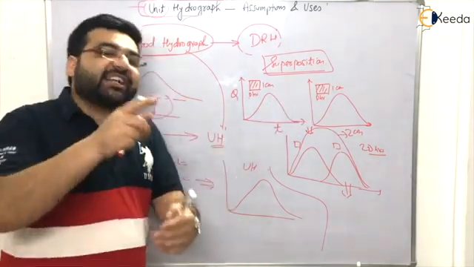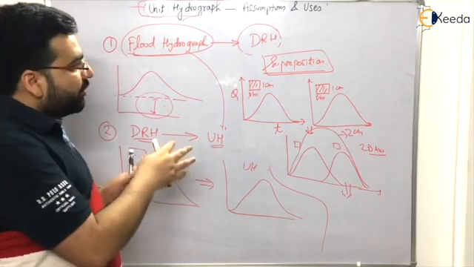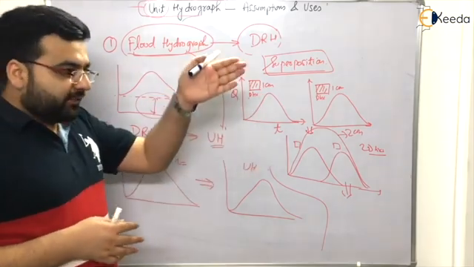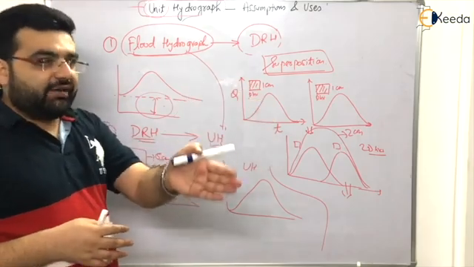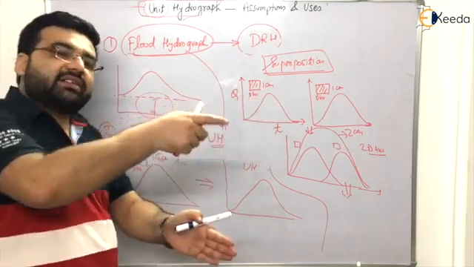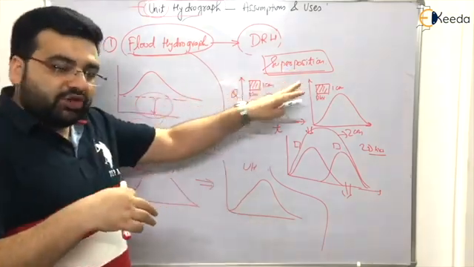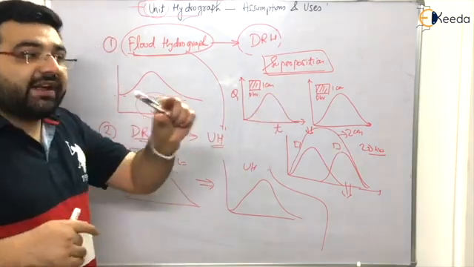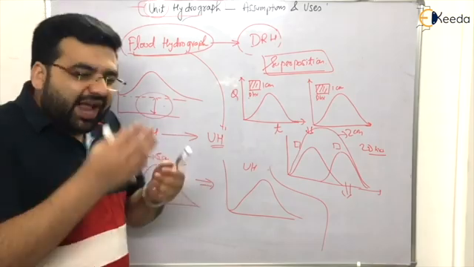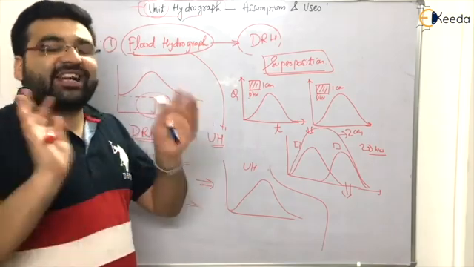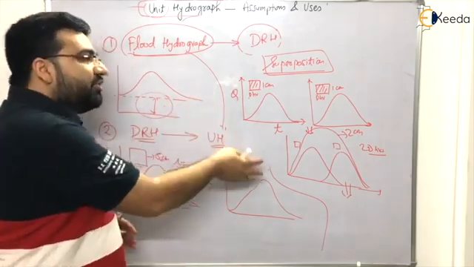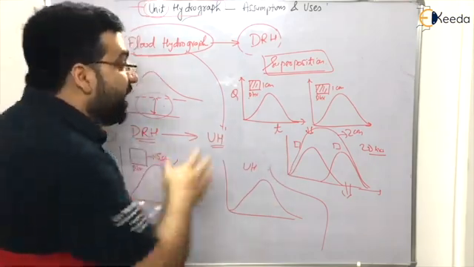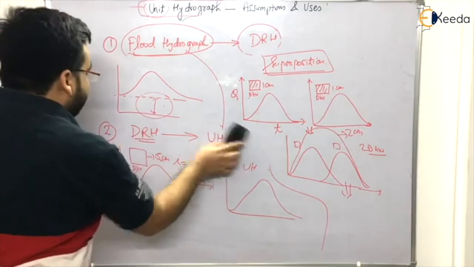Now the third type of questions, right? So I have told you about 2 types of questions, right? From flood or direct runoff hydrograph to unit hydrograph and vice versa. Second type about superposition. The third type of questions that are coming is about the rainfall, effective rainfall depth, and sometimes calculation of phi index also. So you know that you can also calculate phi index from the unit hydrograph. So let me explain you how to get it, right? So first of all, let me rub this.